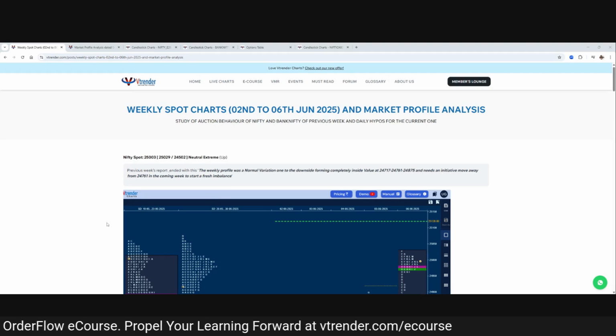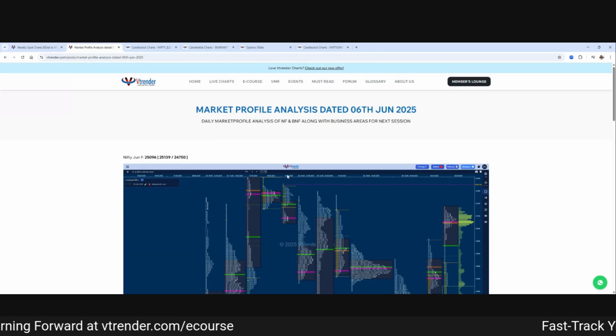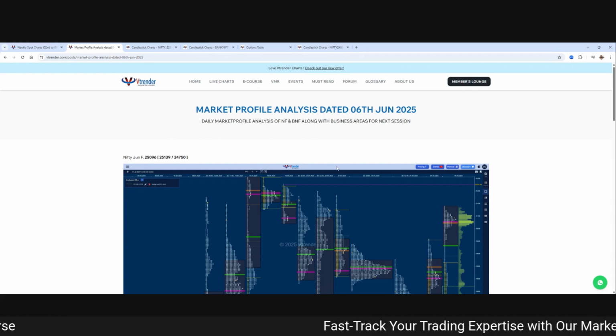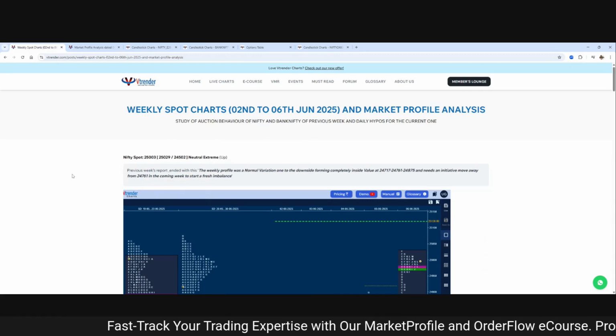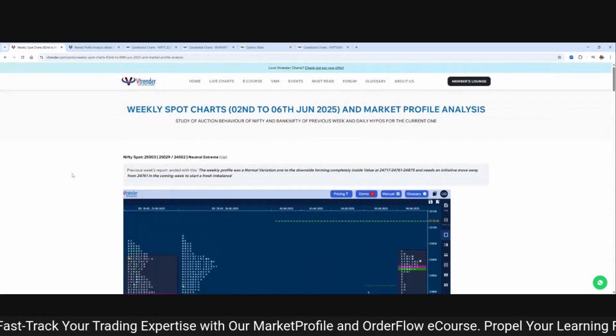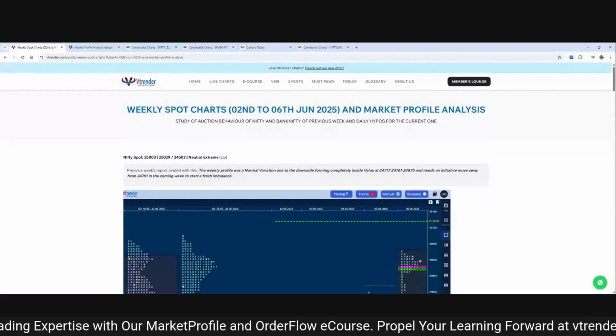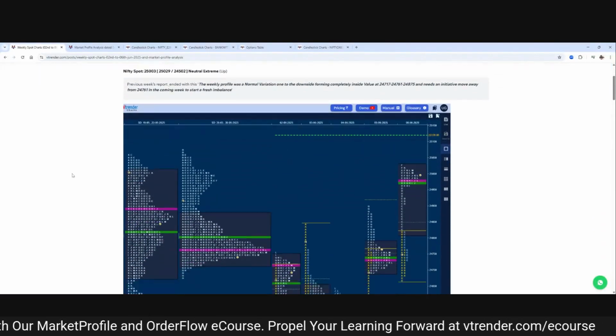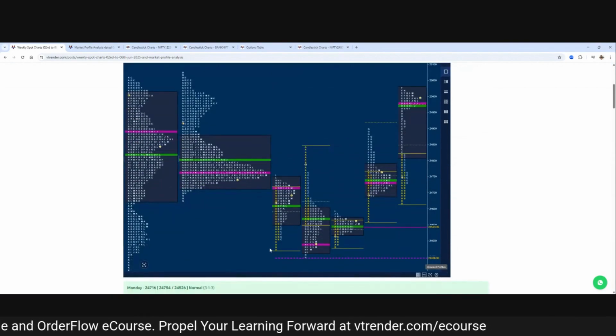These reports are published on the website under the forum section. We also have a daily report covering the futures, which will be a regular feature from now on. So you can have the futures levels marked up on this report, whereas the spot levels would be updated in this weekly spot report. So coming to Nifty, what we did in Nifty last week was we also had a